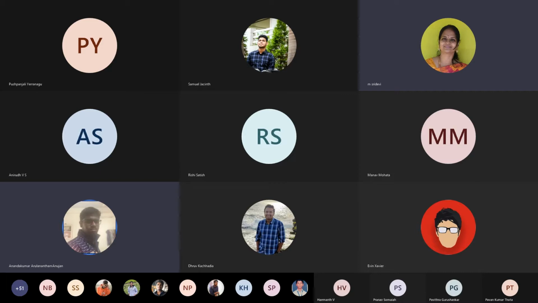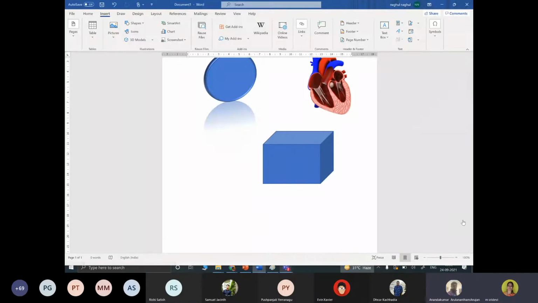Before discussing the rendering part, let me show a small demo which is available in Word. One minute, I'll share my screen. Can you see my screen?